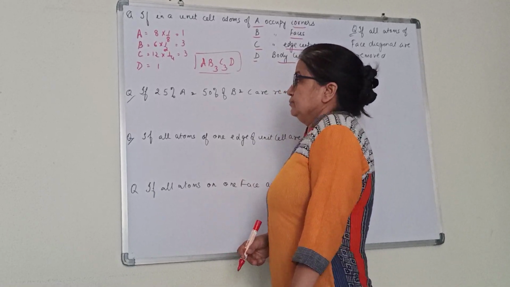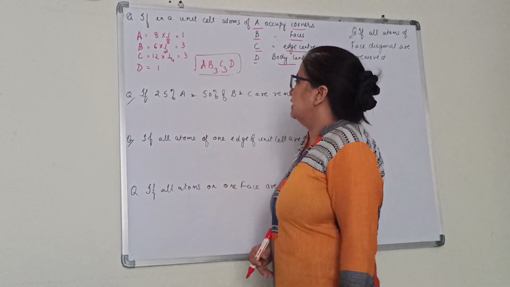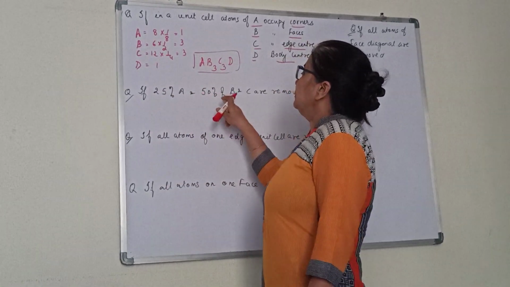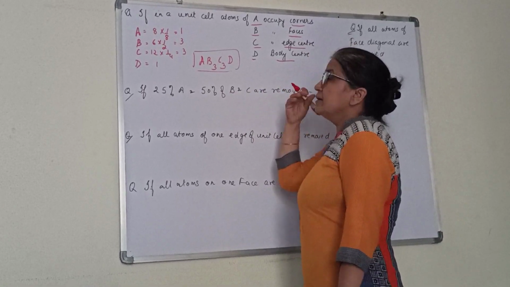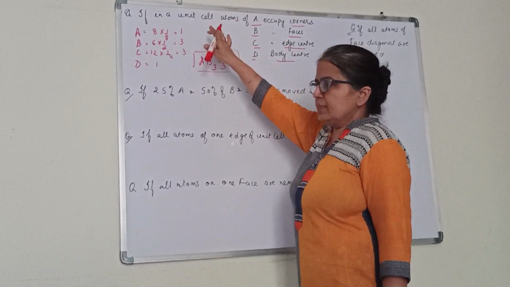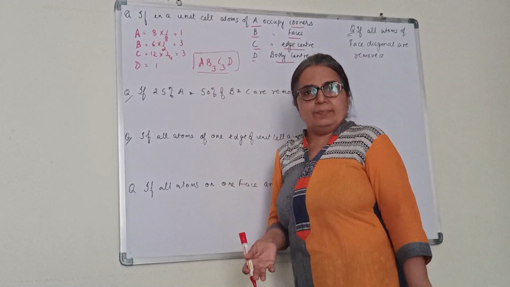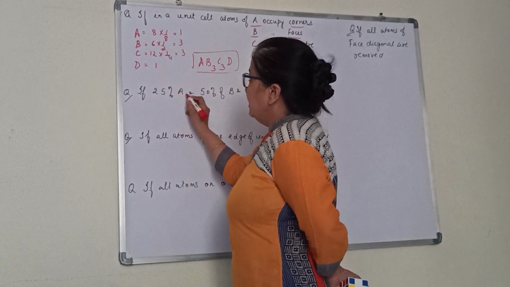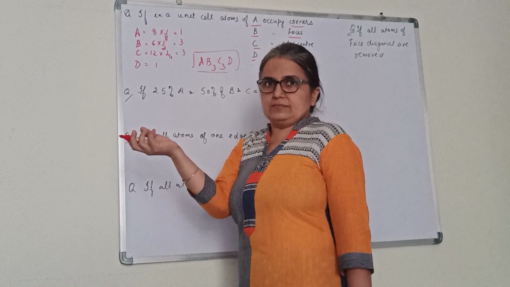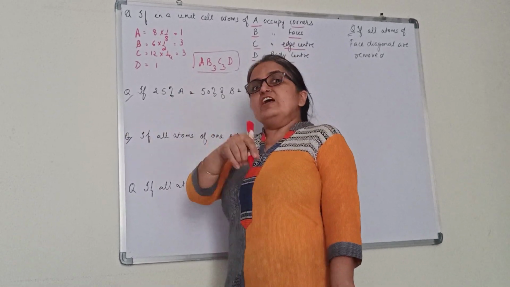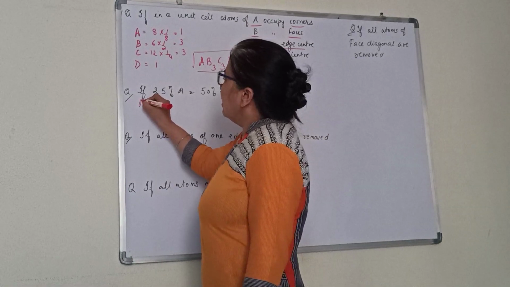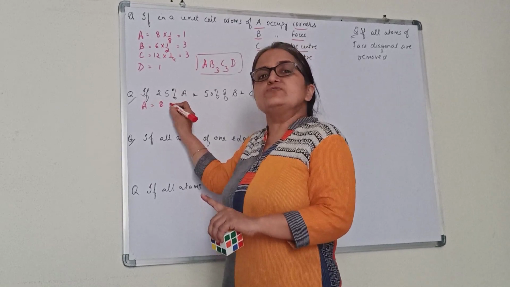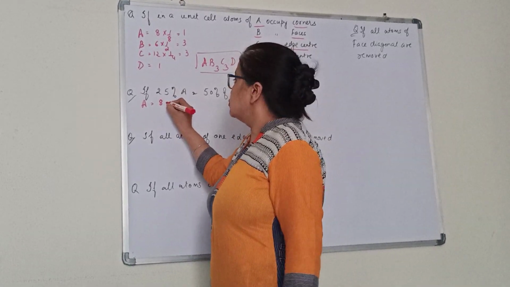Clear? Now, you may also have some other type of question like, if 25% of A and 50% of B and C are removed from the same question, then what is the formula of the compound? We will see that. We have discussed just now that A, how many are there in total? 8. How many are removed? 25% of A is removed. 25% of 8 is 2. So 2 is removed.